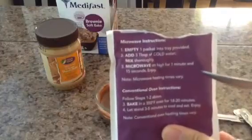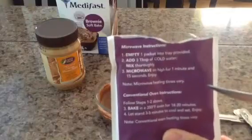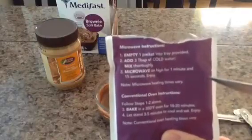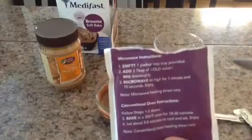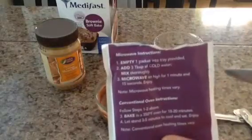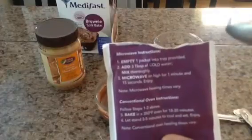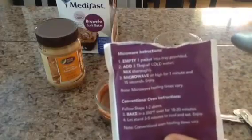Now, again, I really believe it depends on the microwave, because I've had many clients tell me that when they do that, they feel like they got a dry out brownie. So maybe they have too strong of a microwave. And sometimes they'll prefer to do a minute or maybe even 55 seconds. But if your microwave is not super powerful, maybe it's a little older, you might want to do the whole